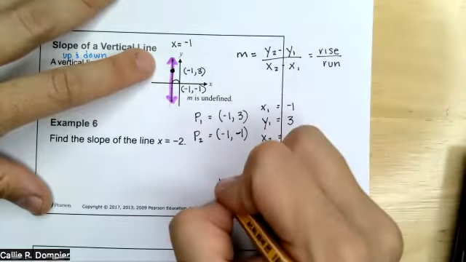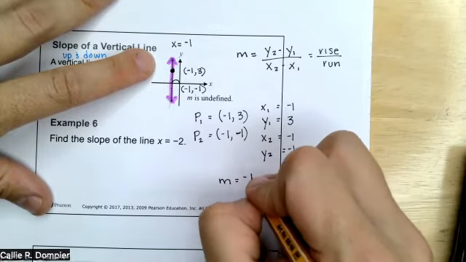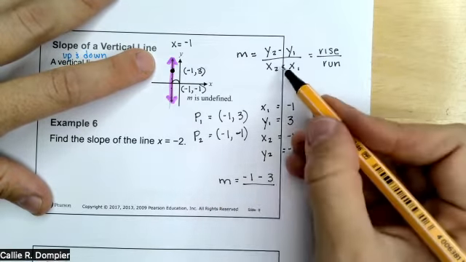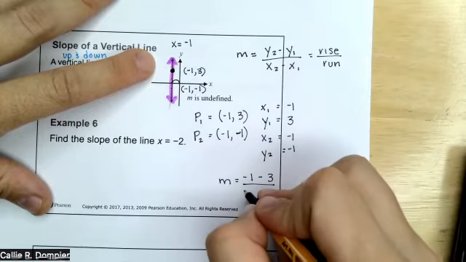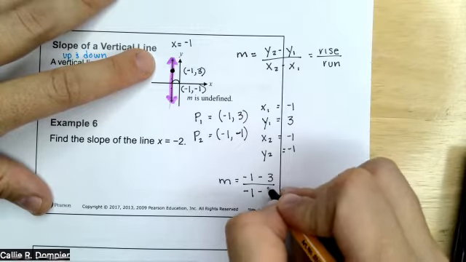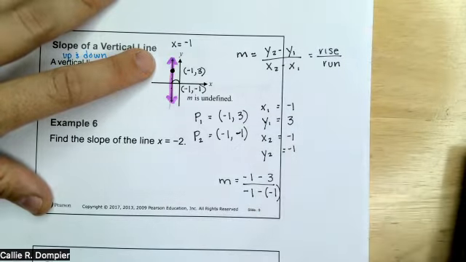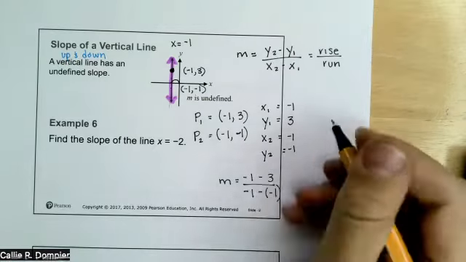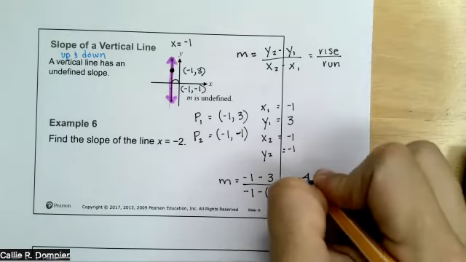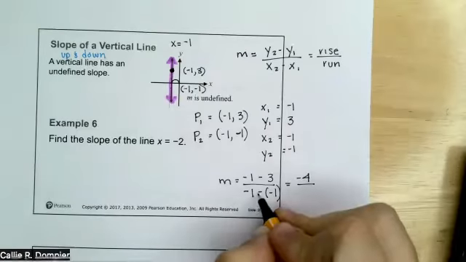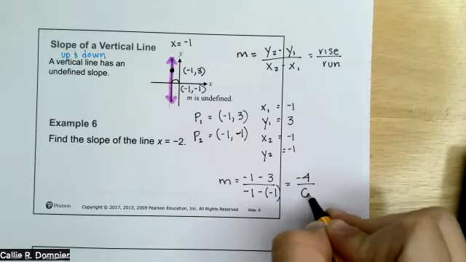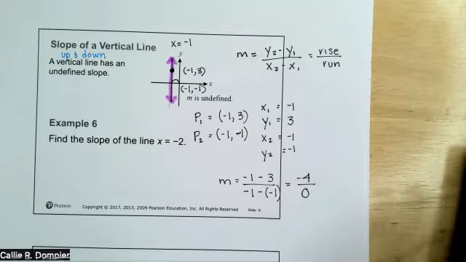If I put those into the equation, m equals -1 minus 3, over -1 minus -1. All right, -1 minus 3 is -4. -1 plus a -1 is just -1 plus 1, so that's 0. So my slope is